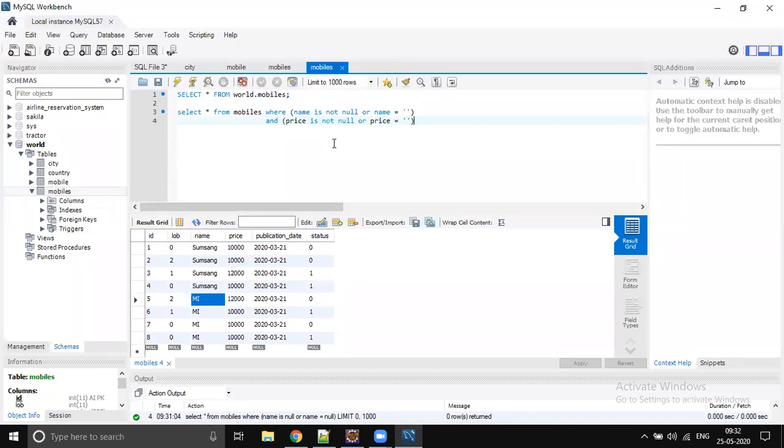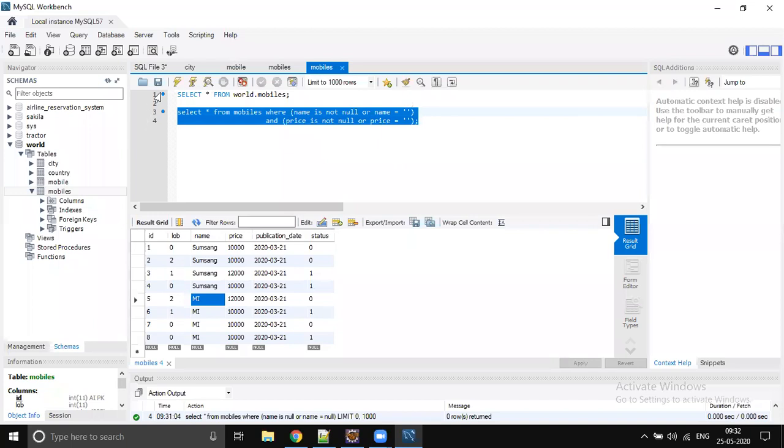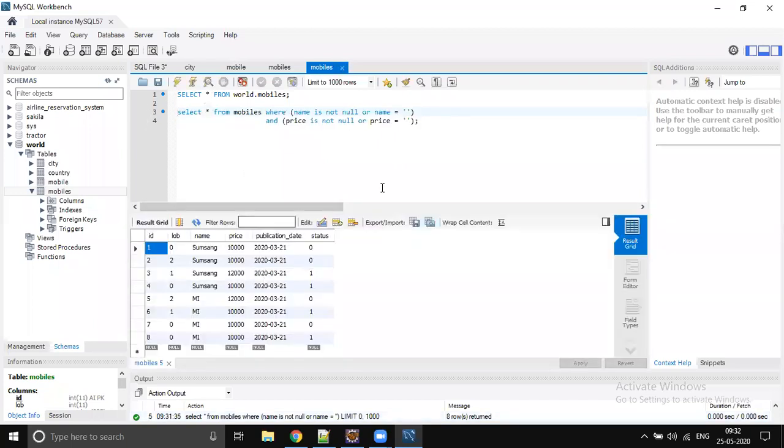If the price is coming, we will give the price; if not, we will give all the results. Let's run this query, you get all. For example, tomorrow you want to search by price like 10,000, you should get only those. So this is not correct. Still you are getting all, so this query is not correct.